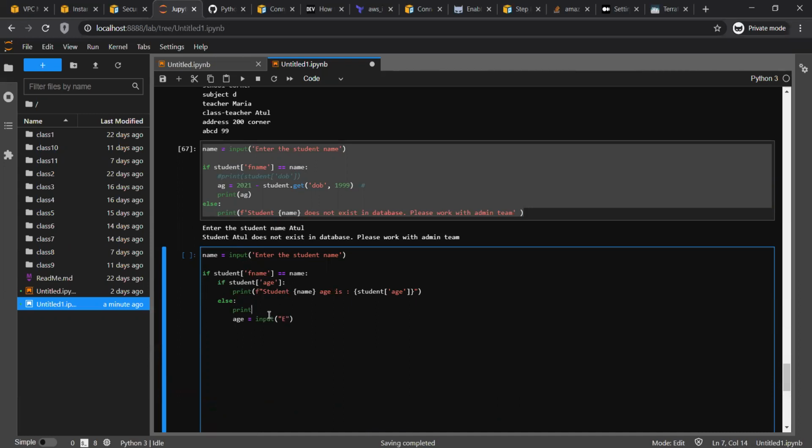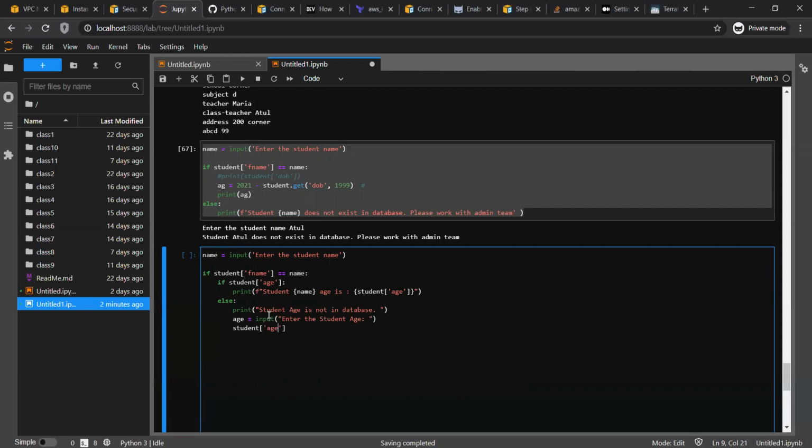Here I'll simply print a statement: Student age is not in database. Here I'm asking, enter the student age colon.